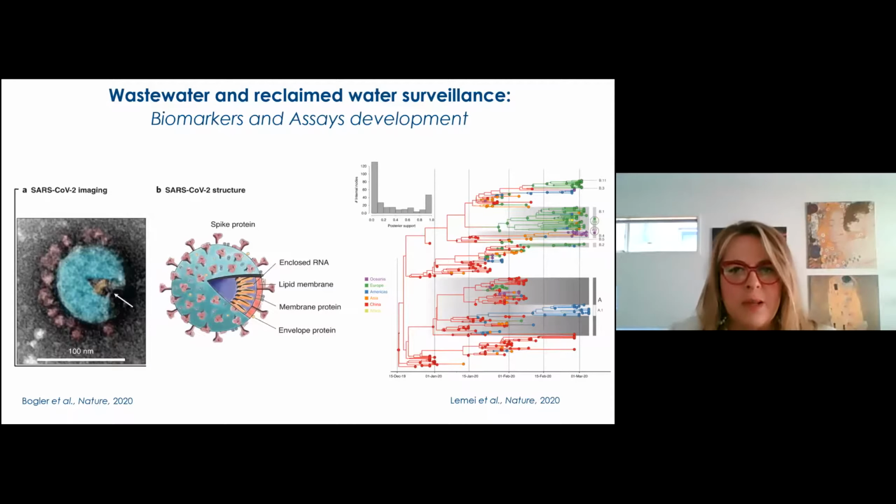So to develop a disease or health biomarker, we first need to characterize the disease using various molecular tools. Here in this slide, there is an example of how biomarkers for coronavirus monitoring were built up. The first step was to identify and visualize the disease agent. And here you see a picture of the coronavirus. Understand its phenotypic characteristics, and in this case, the corona outside, the spikes, and